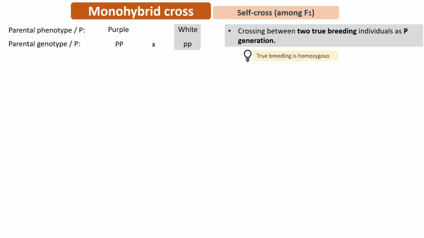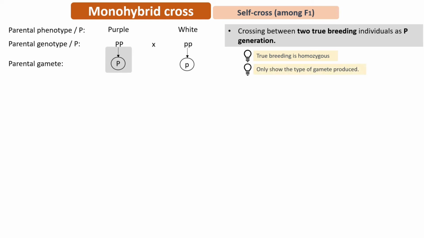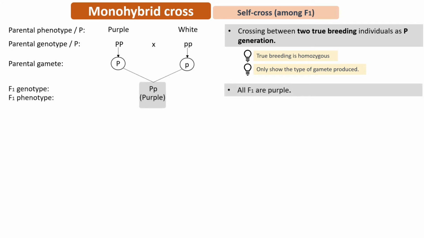Each parent individual produces gametes by meiosis. Please take note, you only have to show the type of gamete. For example, true breeding purple can produce one type of gamete only, which carries the dominant allele. True breeding white can produce one type of gamete only, which carries the recessive allele. When the two gametes from each parent undergo fertilization, the first generation will be produced, where all the first generation are heterozygous